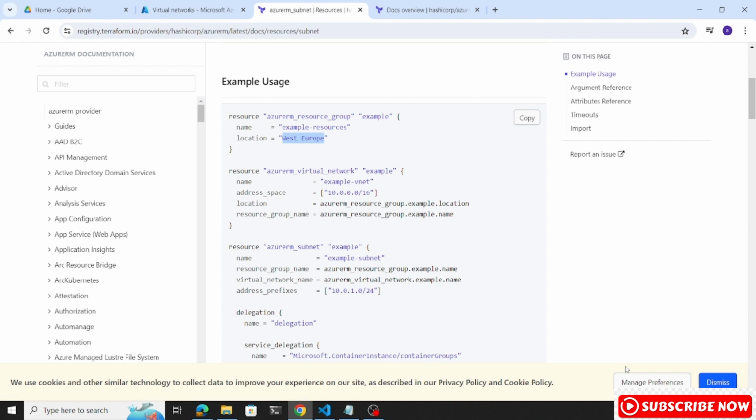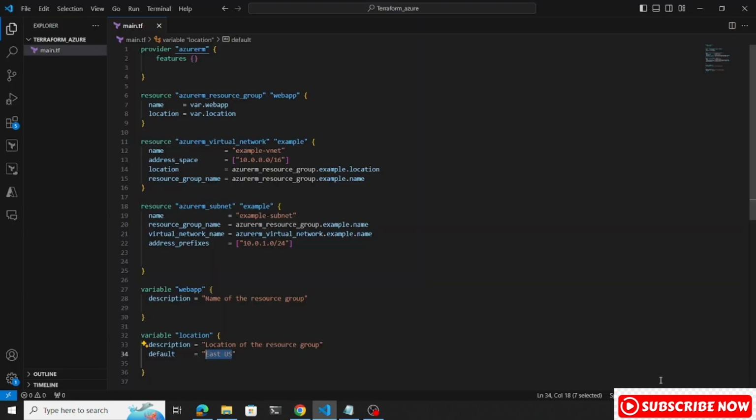Copy this, come here and paste here. This is also okay. But in which location you are doing these things, you need to keep in mind. Now I have created a variable for this. We can maintain variables in the main.tf file, or we can create one more file as var.tf,